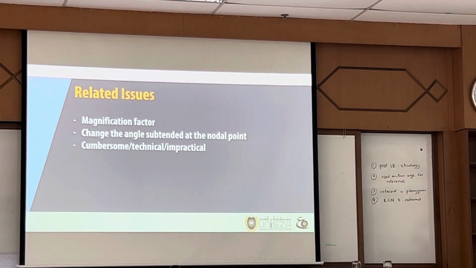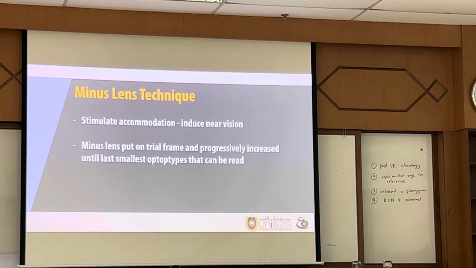But we have issues by doing that, because the closer you bring the Snellen chart to the patient, the image is magnified, so it is not accurate. When you bring the Snellen chart closer, the subtended angle at the nodal point is changing, because by right the Snellen chart is always at 6 meters, so that you get a constant result. And then it is very cumbersome, very troublesome, especially for the optometrist, to bring the image closer to you. So this is where the minus lens technique is